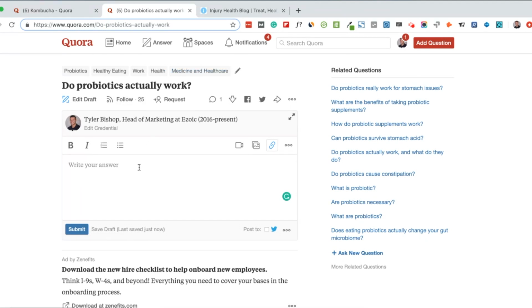So in this case, I want to start by answering the question initially in my headline. So do probiotics actually work? I might answer yes, but there is a caveat. Now I can highlight this, and now I can start to fill in my answer, and I can start to write the nuance. So someone that may already be looking for this answer that is thinking, I know that probiotics work, I'm looking for someone to confirm this, here's that answer, and then I can use some nuance here.